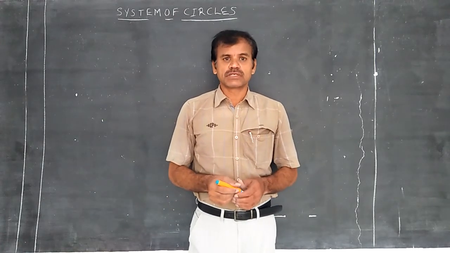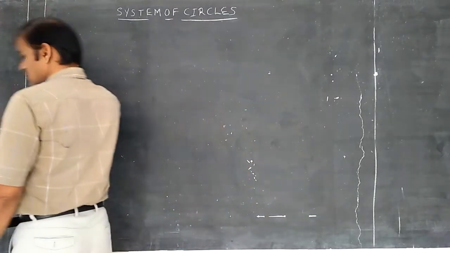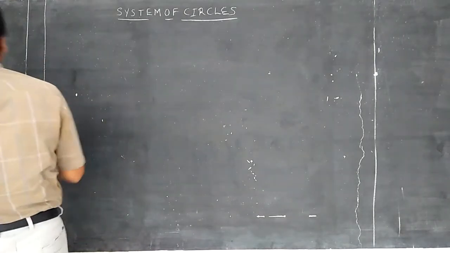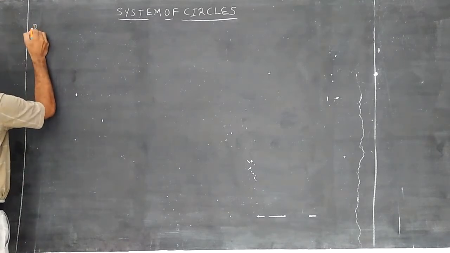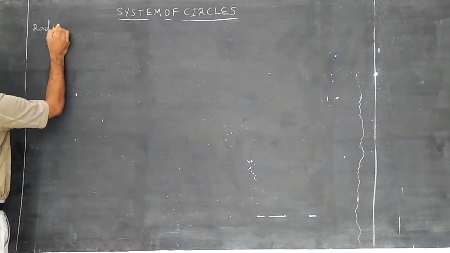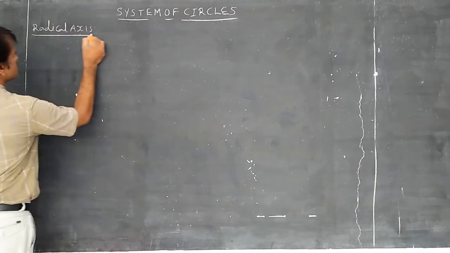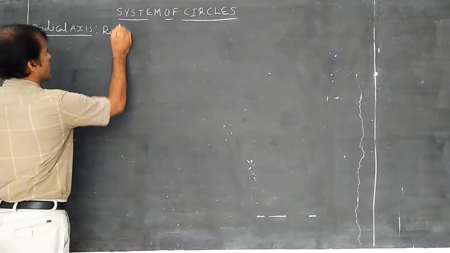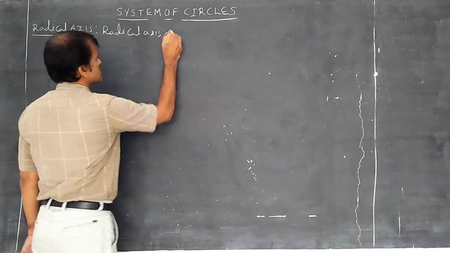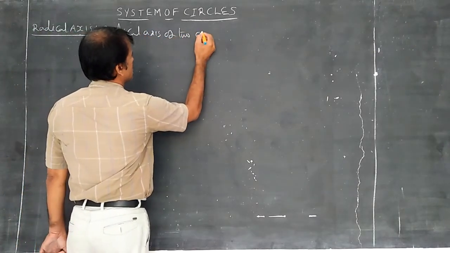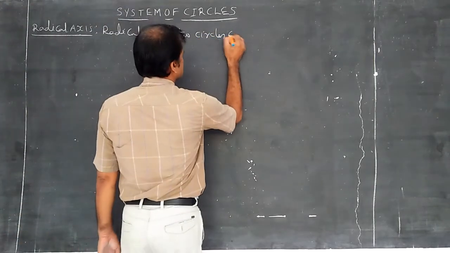Before discussing the theory, we should know the definition of a radical axis. The definition of radical axis. Radical axis of two circles can be defined as